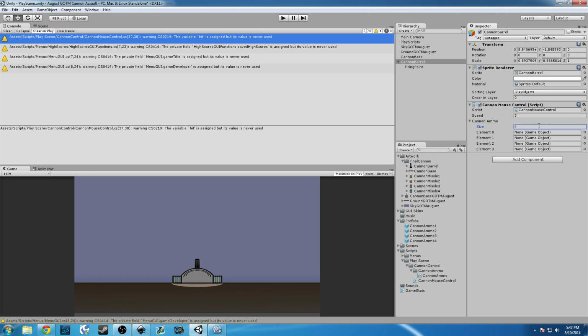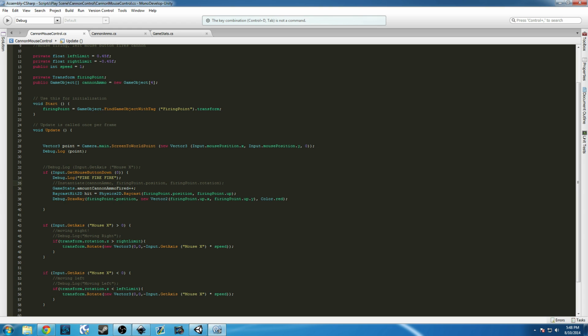We're going to make it size 4. And we're going to drag our ammo. So drag 1 ammo, 2, 3, 4. So we have all of our missiles in that array. Go back into MonoDevelop, excuse me, and where we have our instantiate, we're going to create a little cool function here. So this cannon ammo right here won't work. What we need to do is